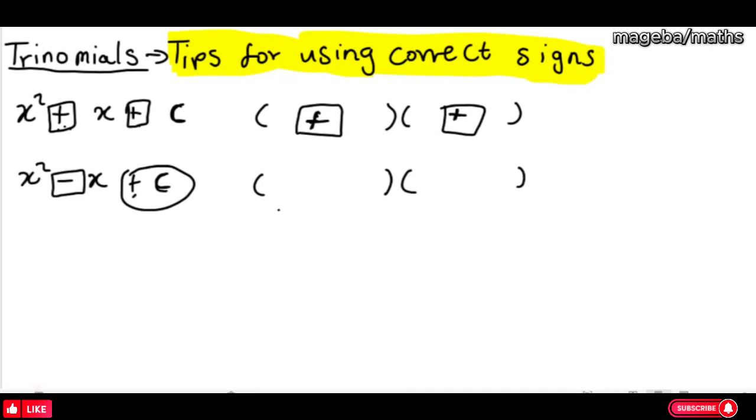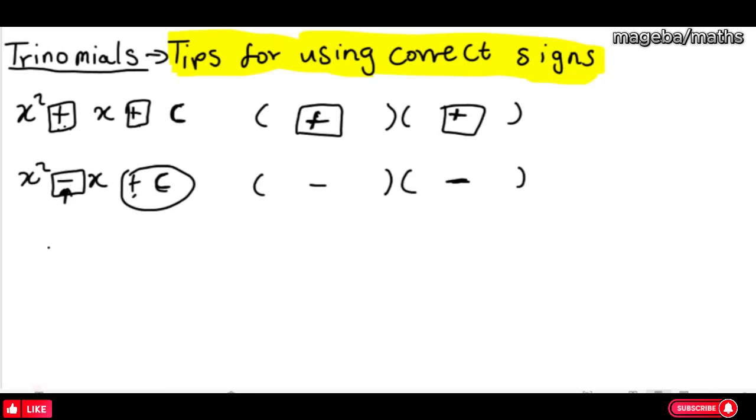So the brackets are going to take the sign of the middle term, which is negative. Depending on whatever factors you have, if the last term is positive and the middle term is negative, the brackets are going to take the sign